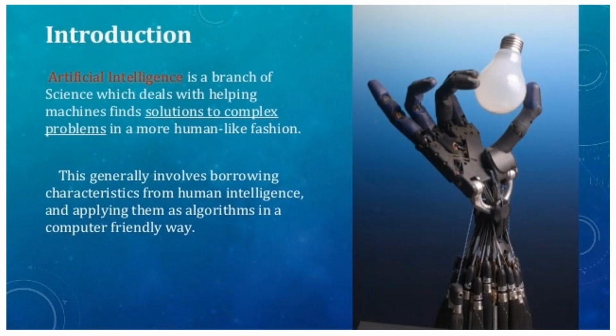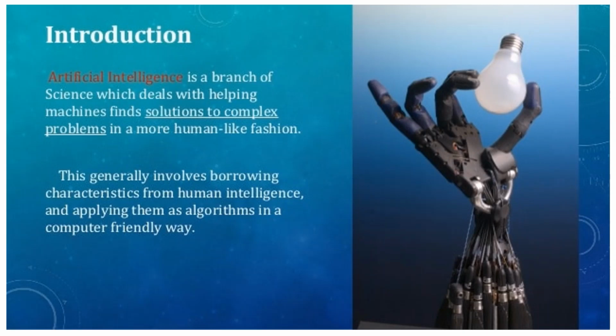Artificial intelligence is a branch of science which deals with helping machines find solutions to complex problems in a more human-like fashion. What does this long, broad definition mean? Let us learn it word by word. This is a type of branch which involves science. In science, it deals with so many problems and finds solutions to them in a more human-like fashion. What does this mean? This means that they find solutions like humans, but in a better way because they are